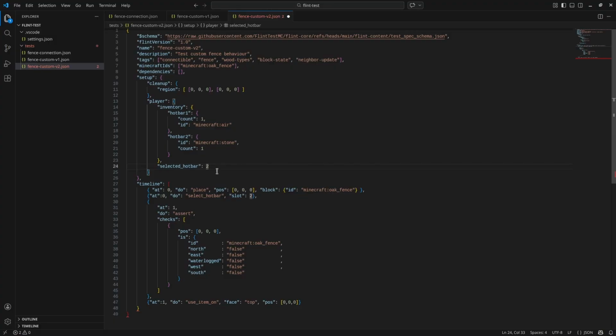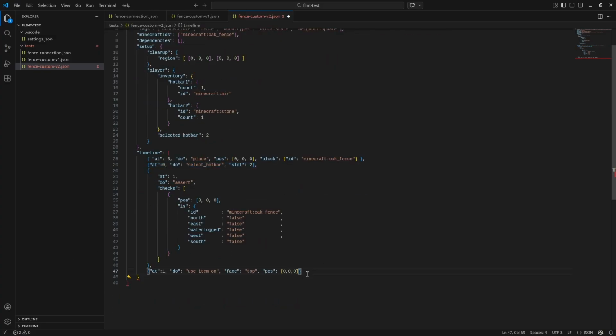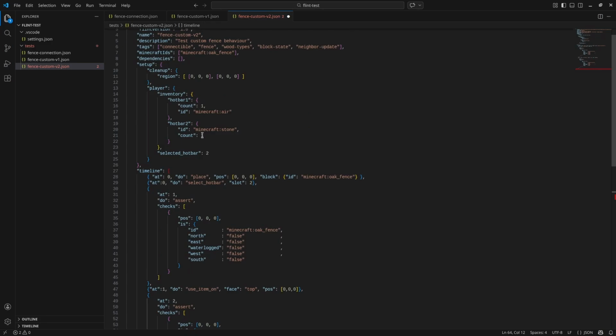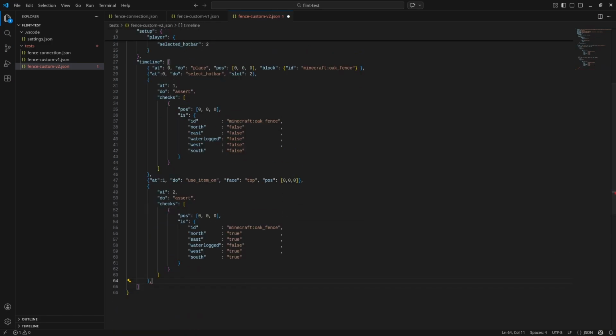That means you should decide which one you want to use. I would recommend this one here, but that is when you need to switch later. Now we assert it, and hopefully it should be the stone behavior, because we're selecting slot 2 here and slot 2 here, and slot 2 is the stone. So quickly making it happy, and then we're using again